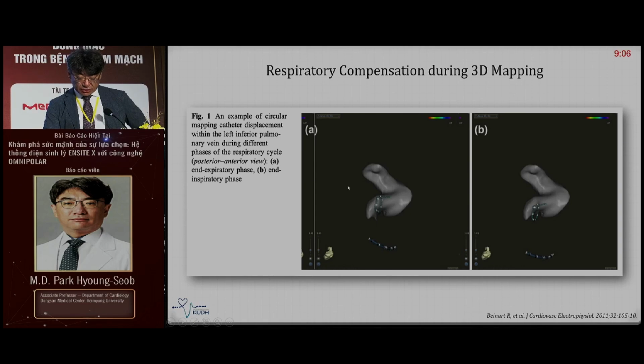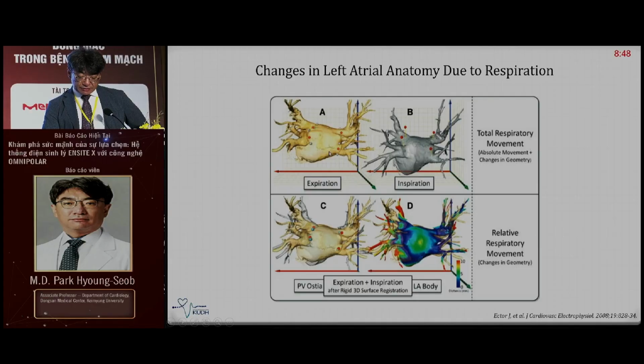This image shows the respiration compensation during the 3D mapping. This is the Carto system. The Carto system has an end-expiration gating algorithm, and you can only collect the 3D geometry data during the end expiration. This paper shows that there are changes in left atrial anatomy due to respiration: during the end expiration, the anatomy goes up, and during the end inspiration, the anatomy goes down. So you have to take the CT scan at the same respiratory phase as the